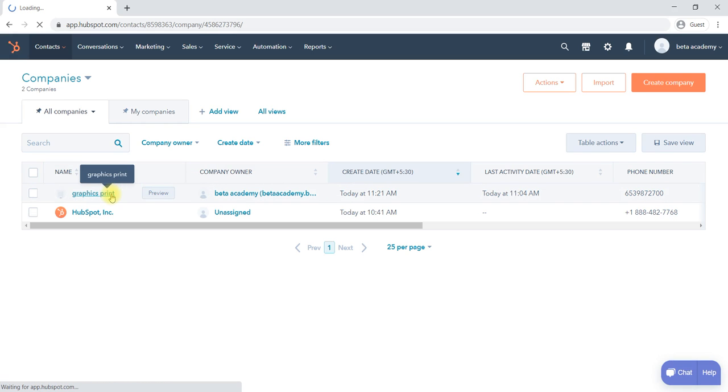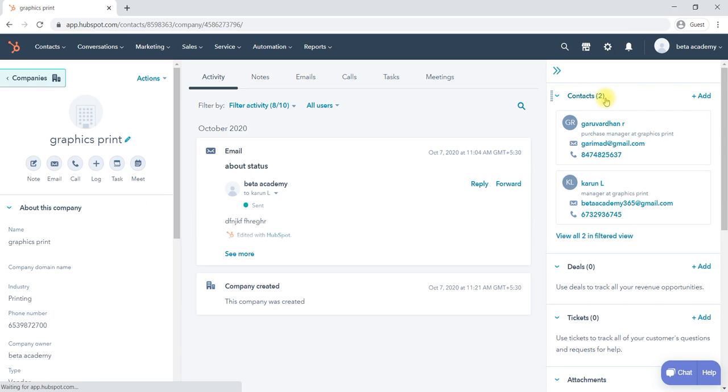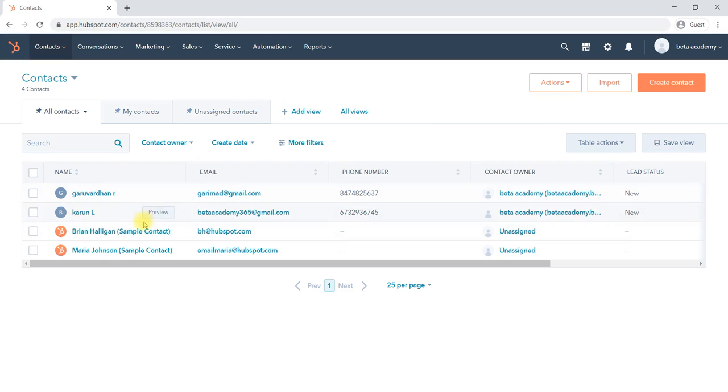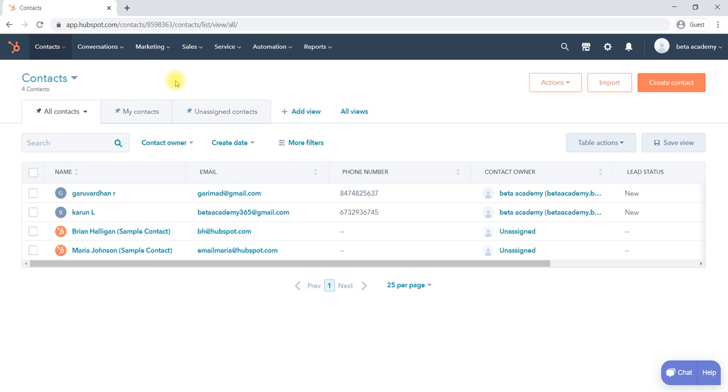If you select the company, you will have two contact persons. If you go to Contacts also, you will get the contact person details. Like this we can create contacts as well as companies, and also reconnect between them. We can assign a contact back to a company, or if a company is created, we can create a contact within it. Or if you created a contact, we can create a company within it, or assign companies. We can do all this here itself.